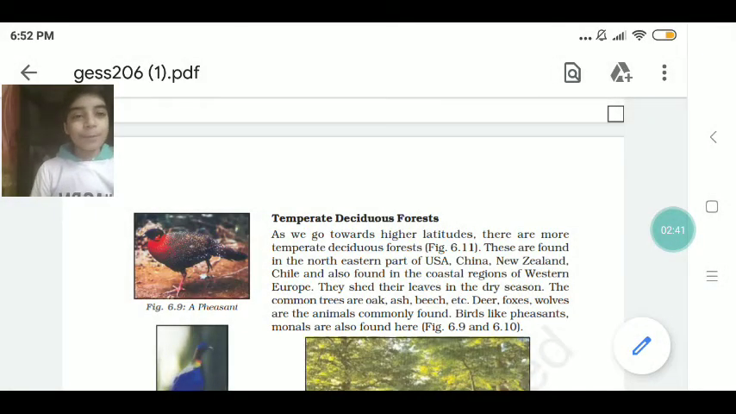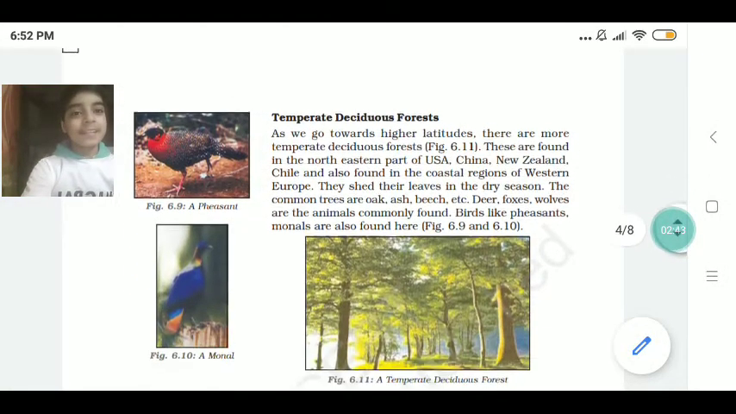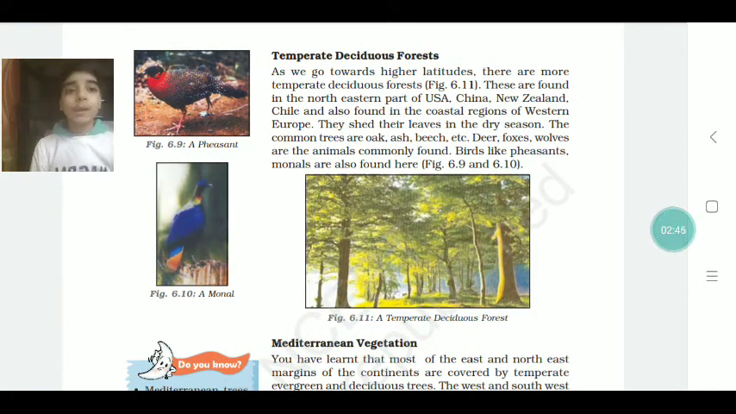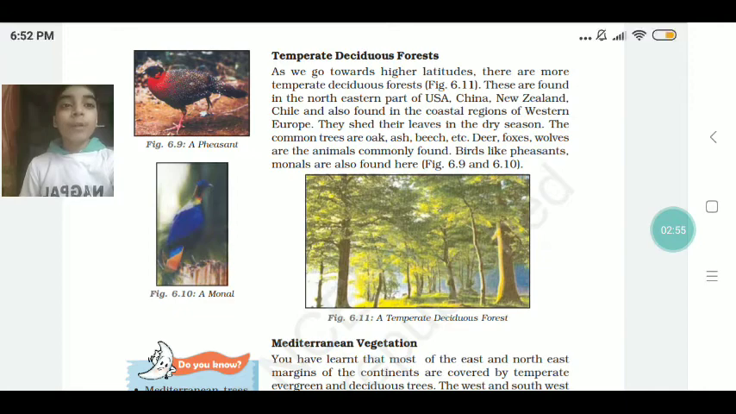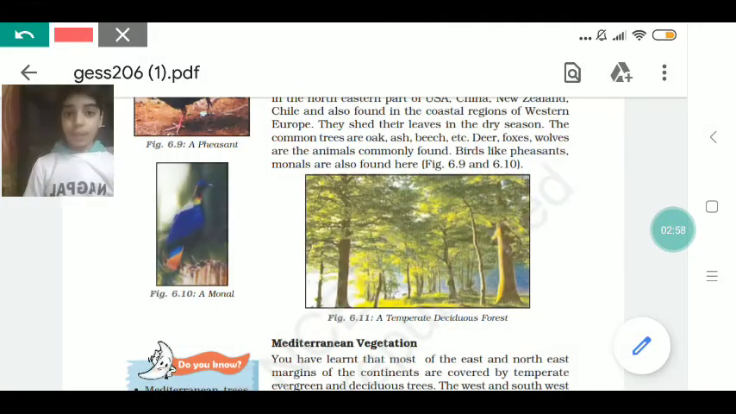So now let's move with temperate deciduous forest. Yes, as we go towards higher latitude, there are more temperate deciduous forests. So let me tell you an important and some amazing fact about temperate deciduous forest. So everyone knows our country, India. They know many things about the country. Do you know the